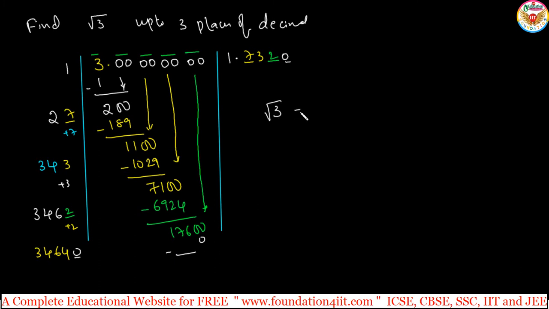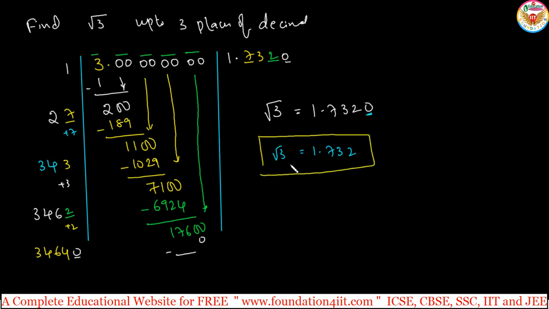Now square root of 3 is 1.7320, up to 3 places of decimals. So the fourth place is 0. That means 1.732 only is the square root of 3. So to find out the square root, even of a number which is not a perfect square, we can do it in this method. Here is the last step, because 1 into 1 is more than 70,600, so I supposed to take 0 only here. In that way also, remember.